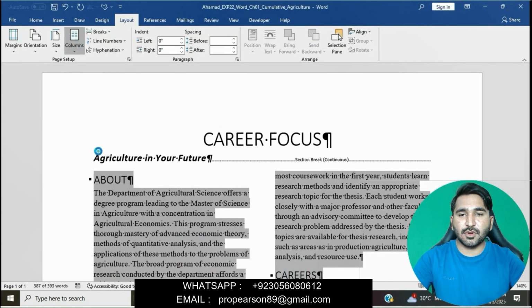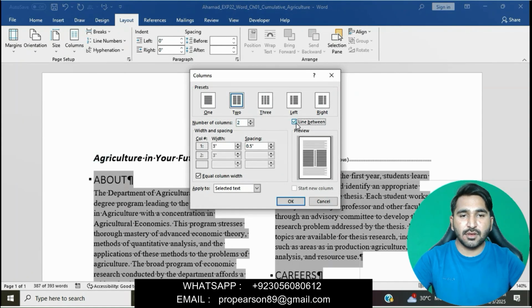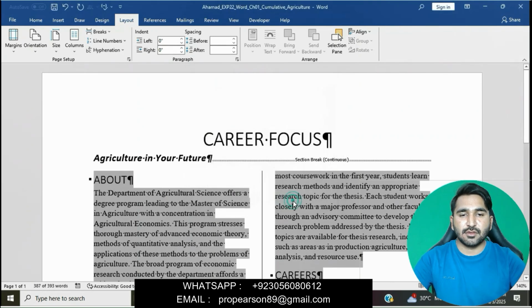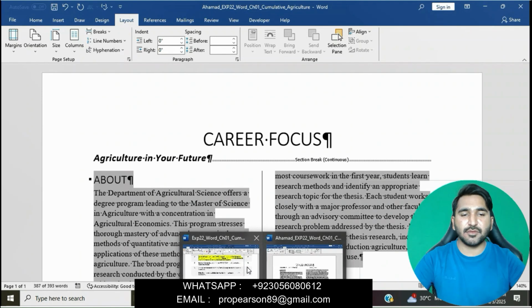We will go to Columns, More Columns options, and then check the Line between box. You can see this. We will simply click on the Line between box and then click OK. A line will be inserted between these 2 columns.